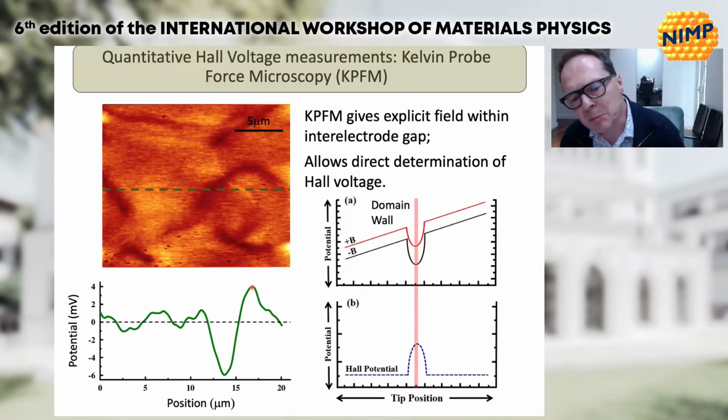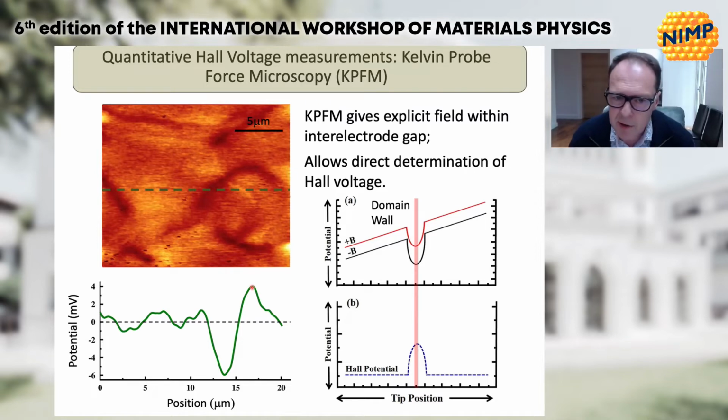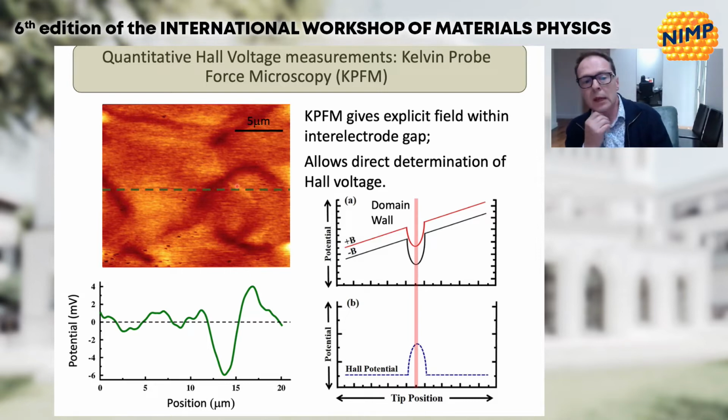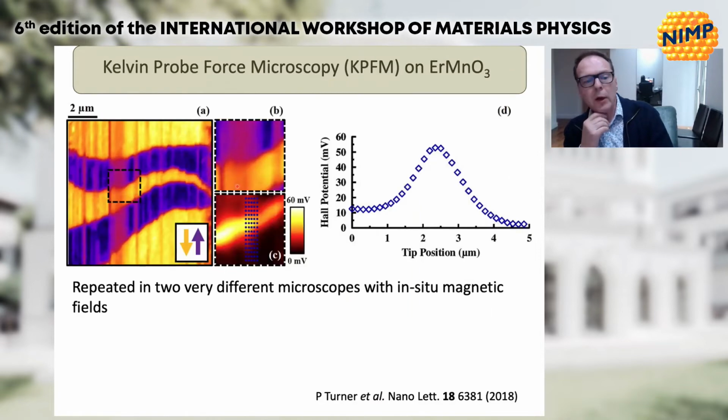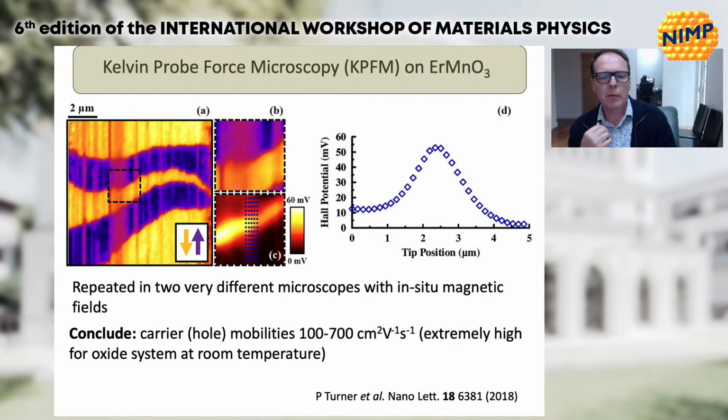And the fact that you can get dips and peaks in the Hall potential driving the current in the same direction under a magnetic field, which is notionally the same, indicates that there are two kinds of carriers active here. And that's what we expect. So in the tail-to-tail walls, we expect holes. In the head-to-head walls, we expect electrons. Good. Okay, in terms of extracting information about the carriers, not just the carrier types, here we got pretty clear